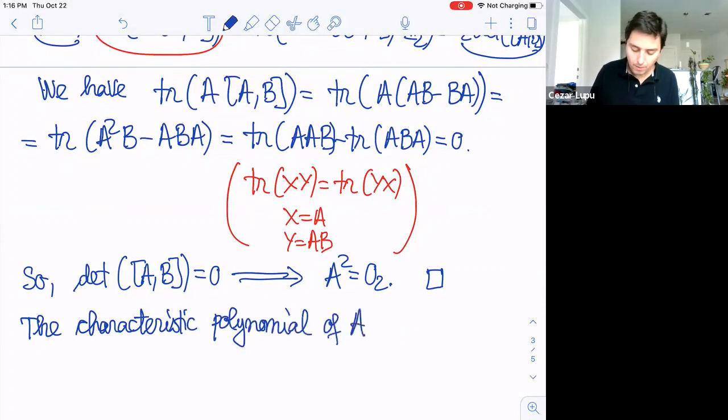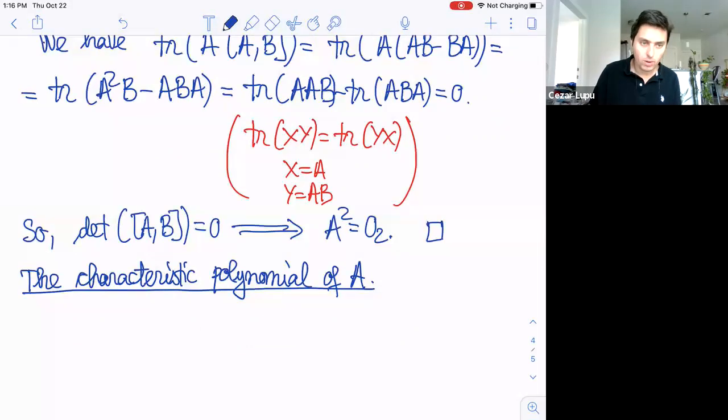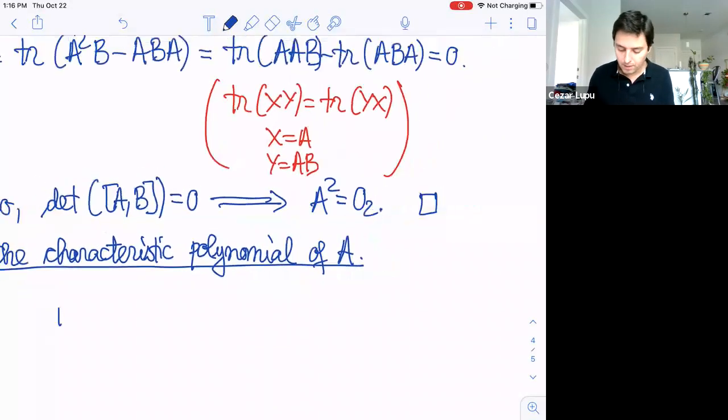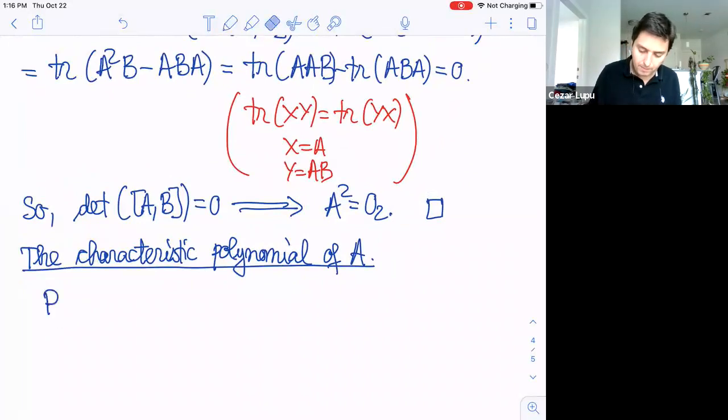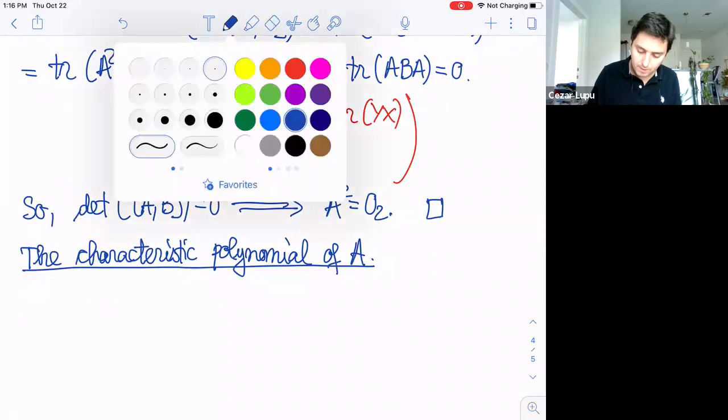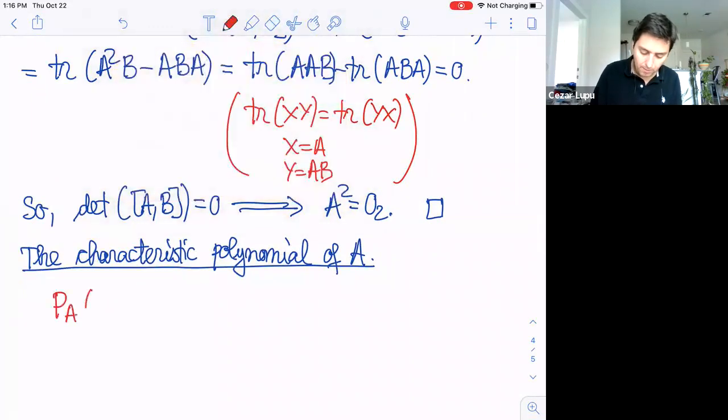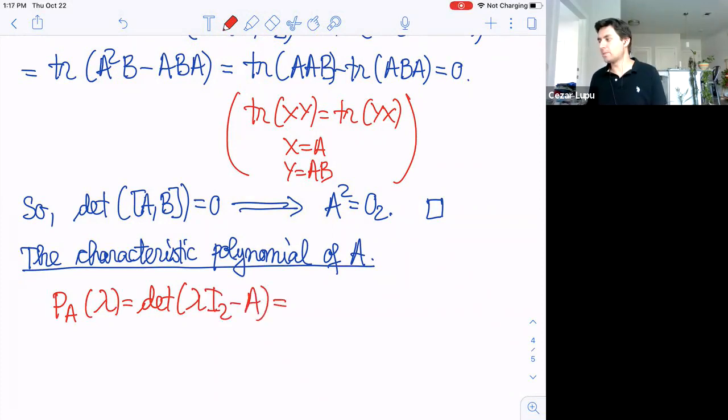What is this characteristic polynomial? Well, the characteristic polynomial of the matrix A, so keep in mind that we are 2 by 2, is given by the following. P sub A of lambda is the determinant of lambda times the identity minus A. And if you expand this, if you write it in this way,